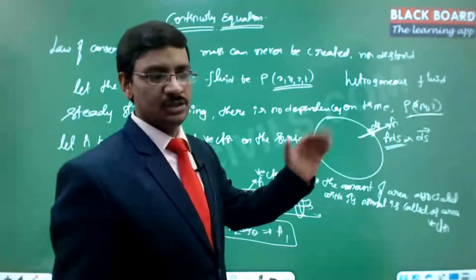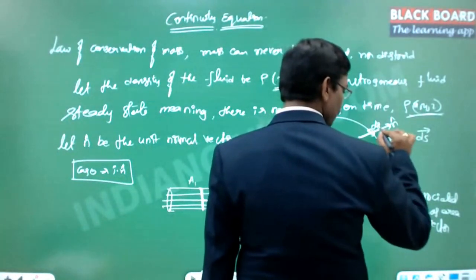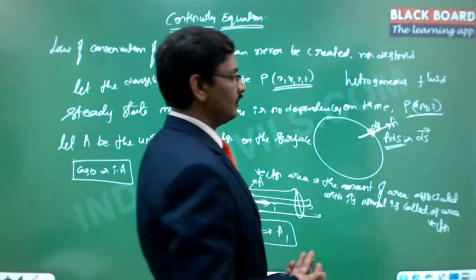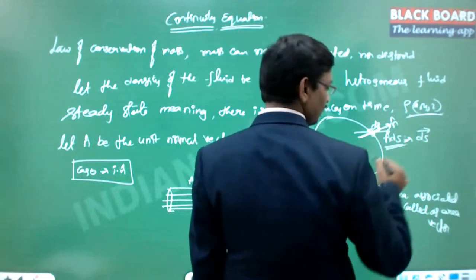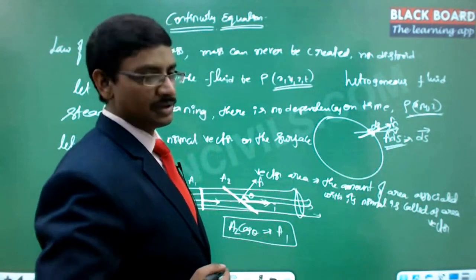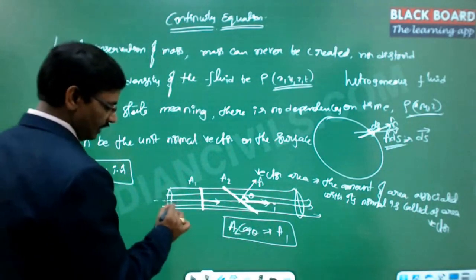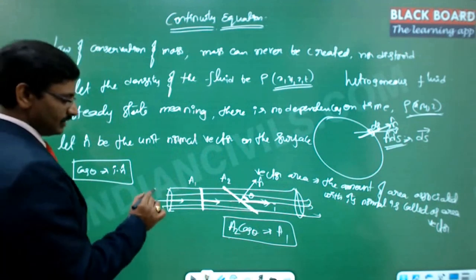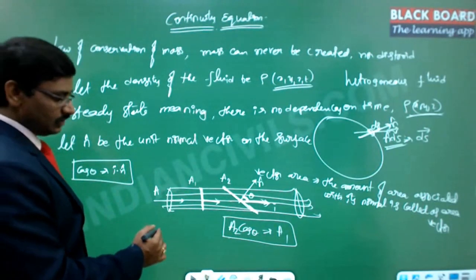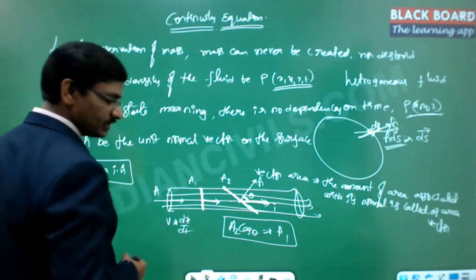Now if the flow is going outward, then the velocity of the fluid is going in a direction that may or may not be the normal direction. Let us say this is the velocity vector. Suppose the fluid is entering at this particular point, with an area of A, and the velocity of the fluid, let us say v is equal to dx by dt, is what is called the velocity.